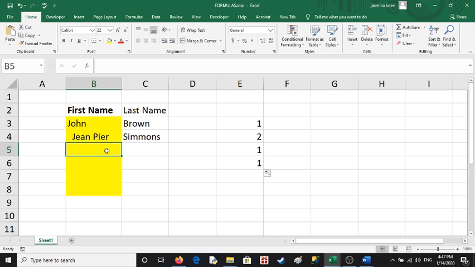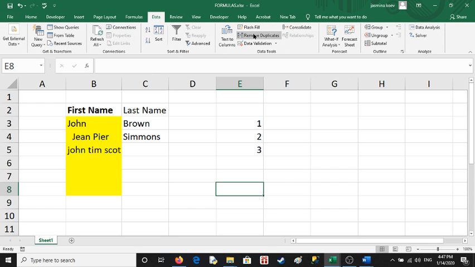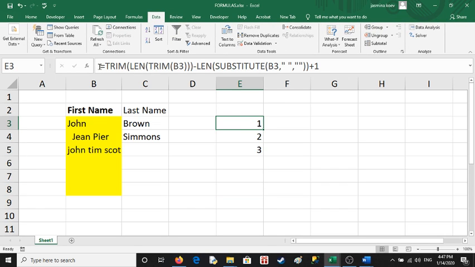I'm going to add John, Tim, Scott, so you can see it is actually counting the number of words. And now this is how I'm going to do my data validation. Another thing I want to add now is